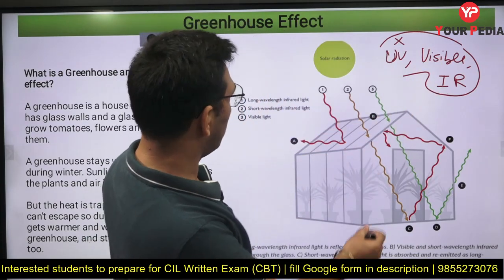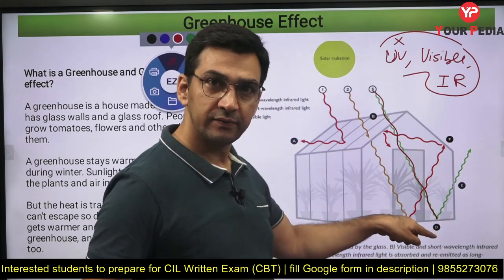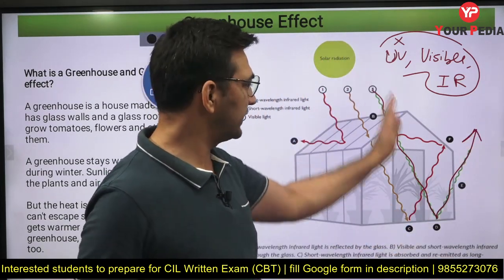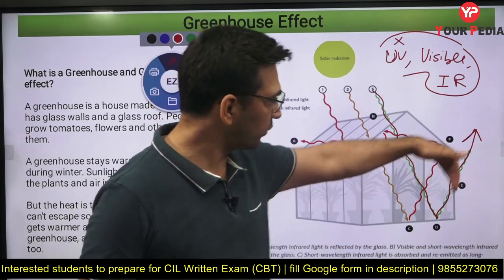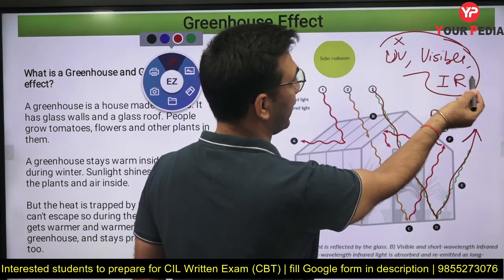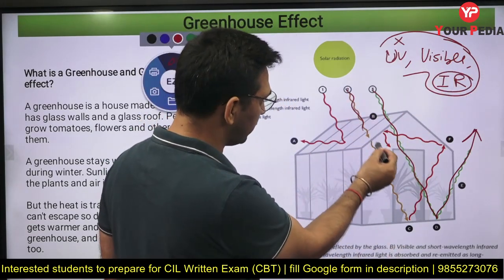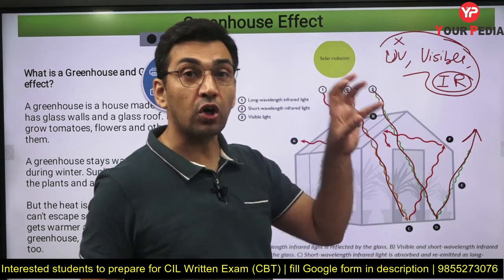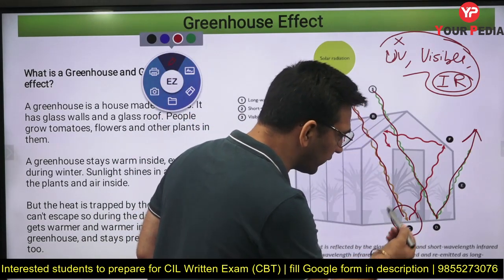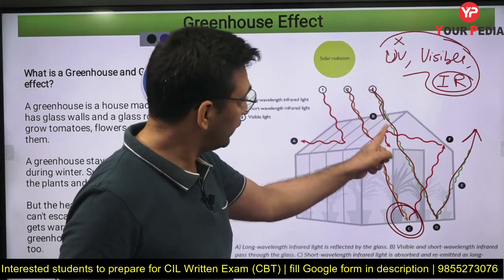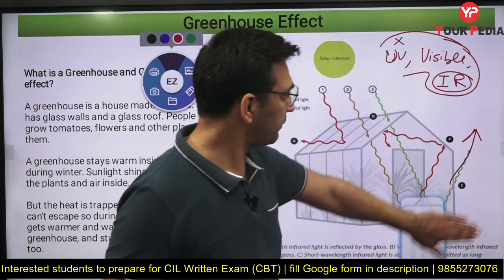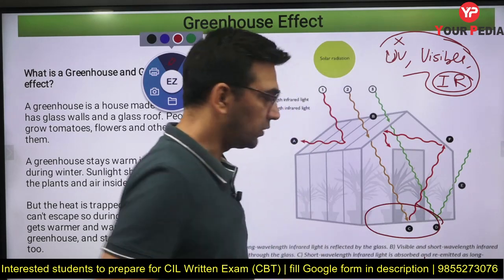So if we talk about the third one, this is the visible. The visible will get inside, pass through this glass, and will be reflected back. So whatever is coming, almost all of that is going back out of this particular window pane. Now you have the infrared radiations. When they come, they are shorter wavelength, high energy, so they can penetrate. When they penetrate, they go inside and heat the surface of the earth. Some portion of the visible light is also going to heat the surface of the earth inside that particular portion.